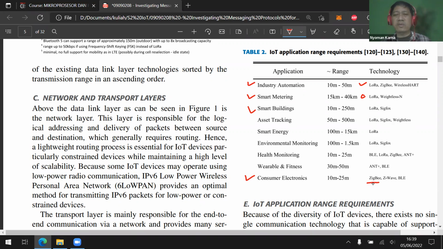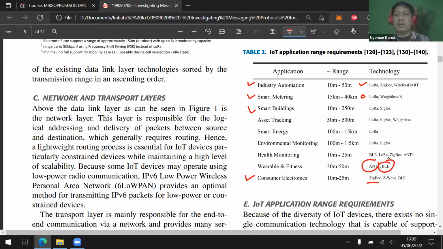And if we're going to use a wearable smart device, for example, something handheld that you are wearing on the wrist, and then it's going to use Bluetooth Low Energy. Although the first option for that technology is ANT+.